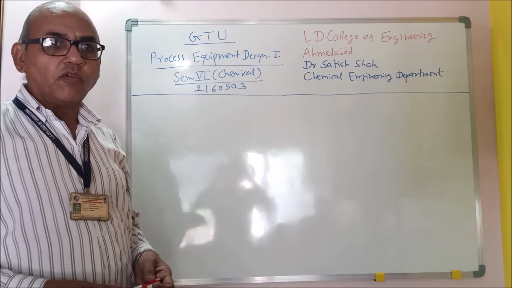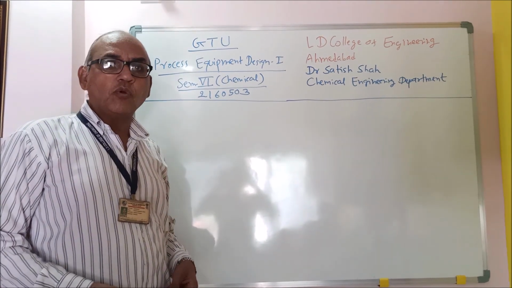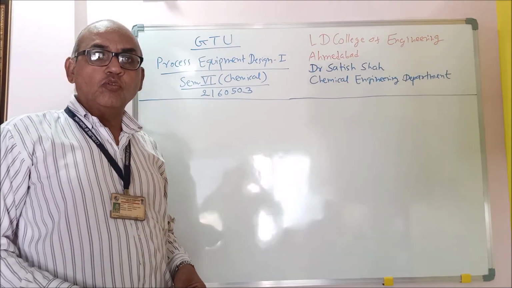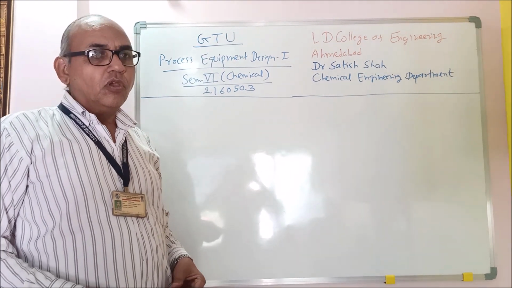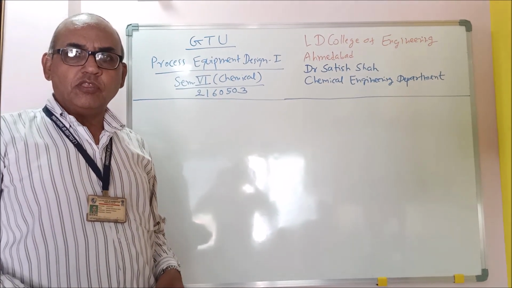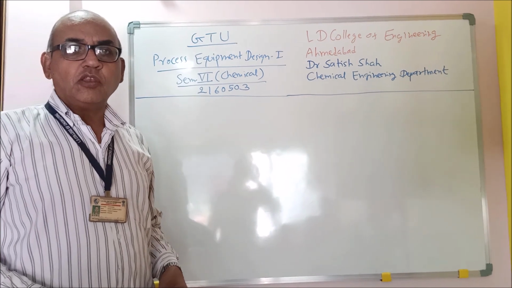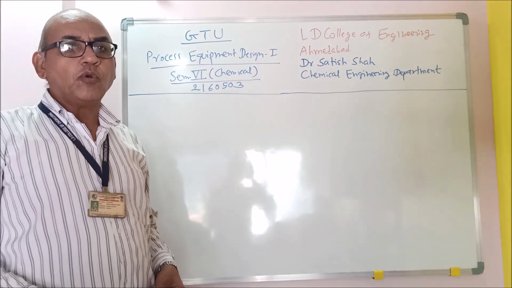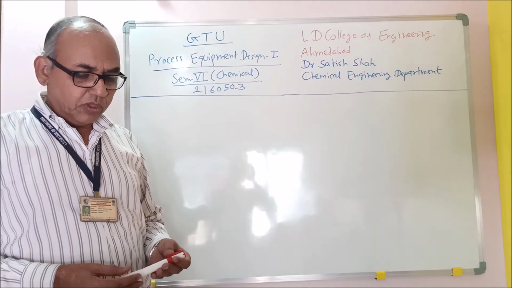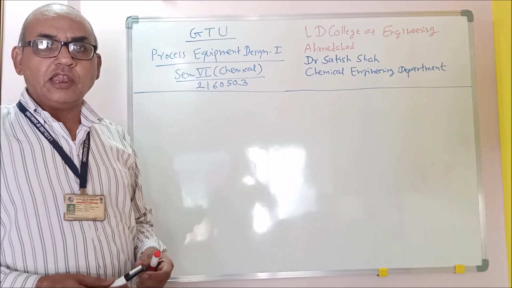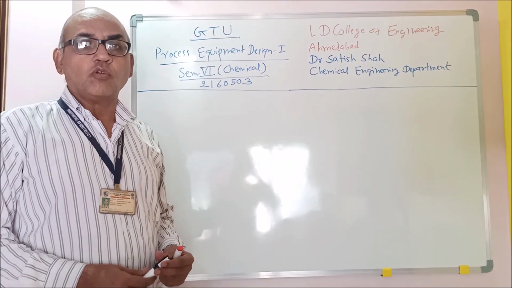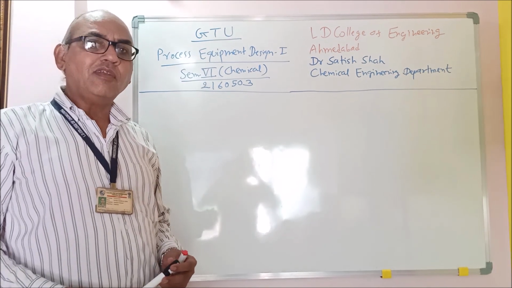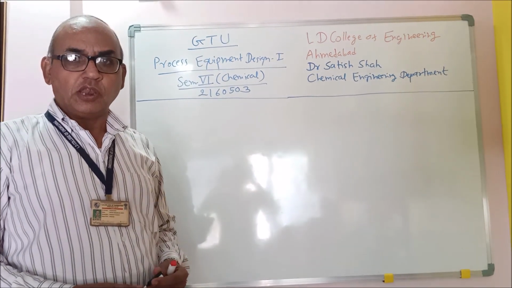See, as all of you are aware, the shell and tube heat exchanger is a very important chemical equipment which is used by the chemical industries. Whichever industry you visit, you will find the shell and tube heat exchanger everywhere. So it is very important chemical equipment, we can say. Very briefly, I will tell you the important parts of the shell and tube heat exchanger, and then we will discuss the process design of the shell and tube heat exchanger.